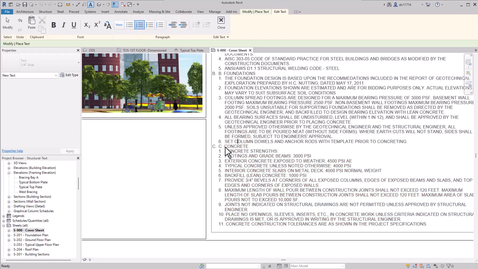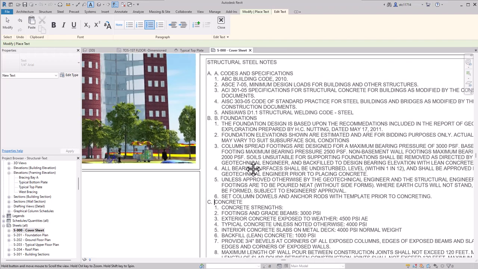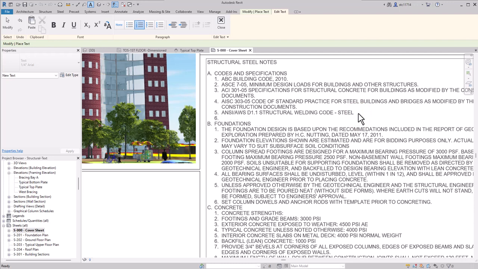A little bit more work to clean up. I've got the actual letters that were typed in for C and for B and for A, so I'll delete those. Then if I want to put these spaces back in, if I click at the end of row number 5, for example, and press Enter, you can see that it numbers it. If I turn numbering off, you can see that the lettering starts again at A, so it's very confused there.